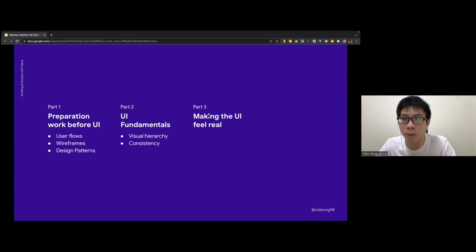And the third part would be making the UI feel real. So this is the building process itself. Of course, we won't build the entire thing, and I wouldn't show a full-fledged app. I'm just building a very, very basic one. Not the most beautiful one as well. But you get the sense of how I put components together, how I align boxes and shapes together, and also finally animations,